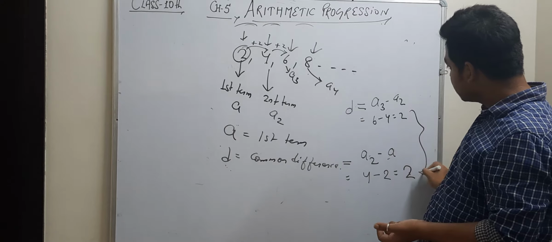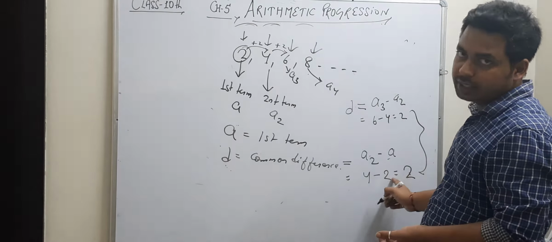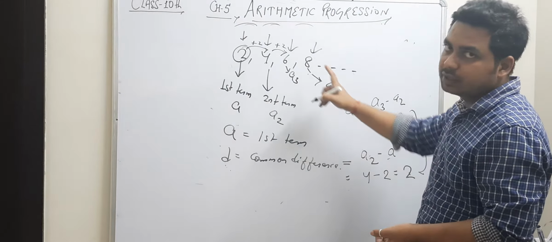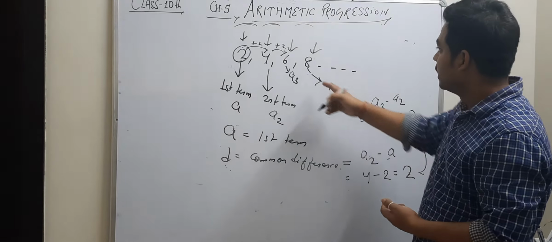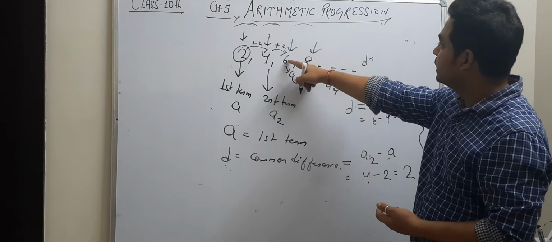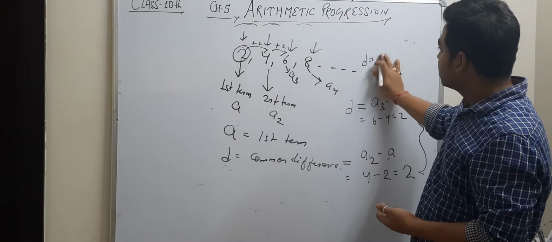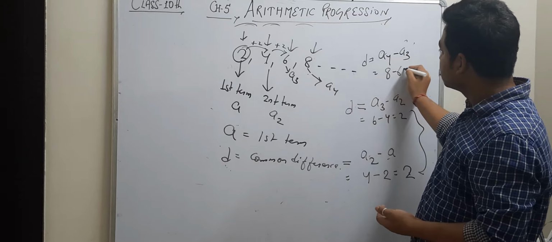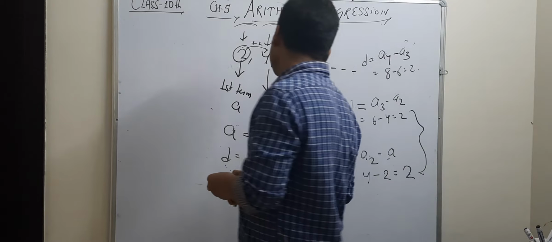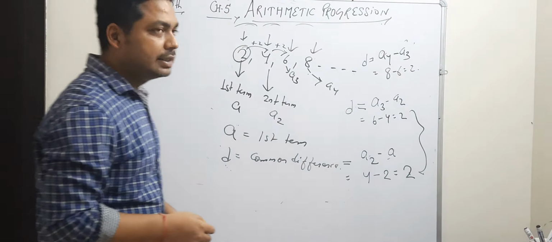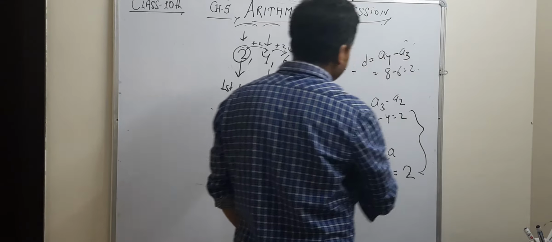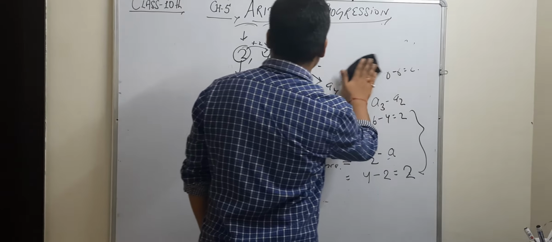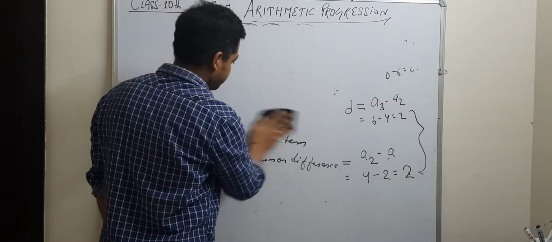तो देखो सारे केस में D शुड बी इक्वल, तभी वो AP है. AP है तो D इक्वल होगा, D इक्वल है तो AP में होगा, अरिथमेटिक प्रोग्रेशन होगा. थर्ड केस में देख लेते हैं, इसमें भी D सेम आएगा 8 माइनस 6, or you can write that A4 minus A3 means 8 minus 6, that is 2. So in this way we can get D. Is it clear? So to calculate D is very important. In arithmetic progression you have to calculate D also. So in this way we can do.